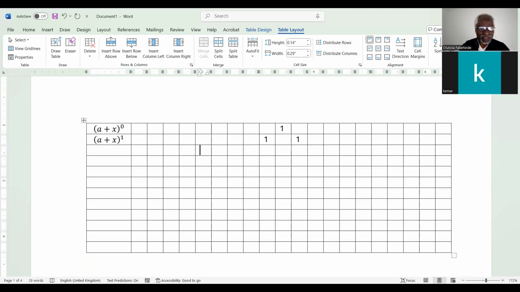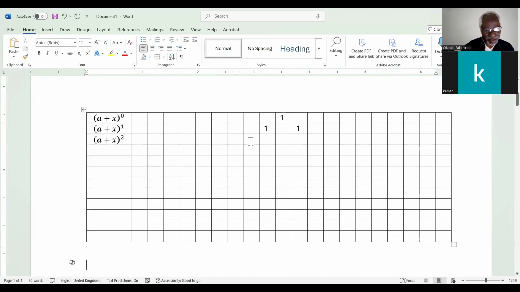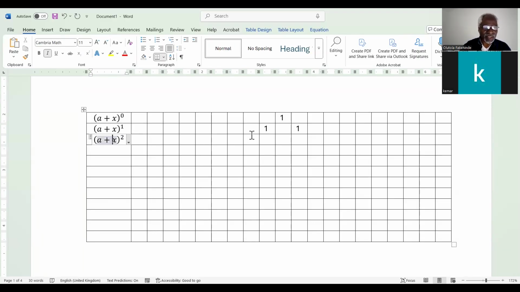Now, if you go to the next one, let's raise it to power 2. Here, you will see that it's no longer 1, 1, because by the time we do the expansion of that, let's do the expansion and see what we are saying, like we have done before. So let's expand this so that you'll be able to understand how you build that triangle. It's very important. You will need it anytime. And then this will be equal to, like we have done,